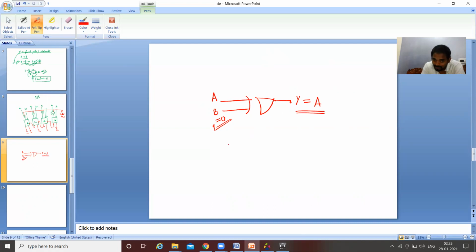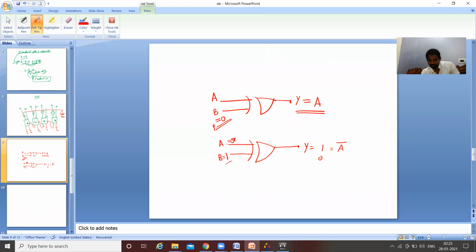Right? Now observe here, consider A and consider B is equal to 1 here always. So therefore, what is Y? Now if B is equal to 1, the output of this exclusive OR gate depends on A again. If A is equal to 0, the inputs are 0 and 1, so it is 1. If A is equal to 1, both are 1 and 1, so the output is 0. So therefore, if A is equal to 0, we are getting 1. If A is equal to 1, we are getting 0. So therefore, this is A complement. Right? Observe here, this application I'm using in the above circuit.